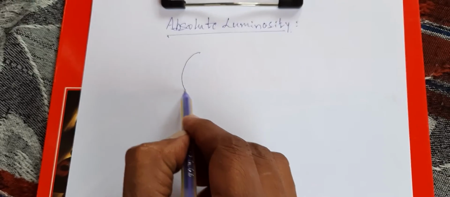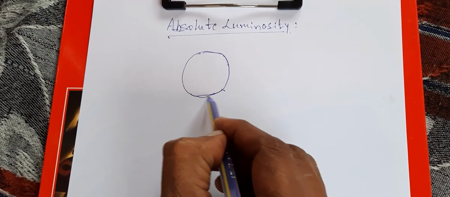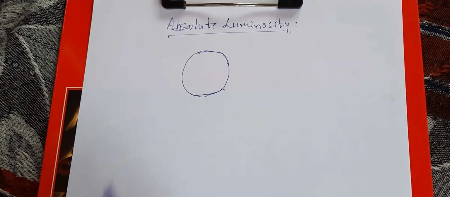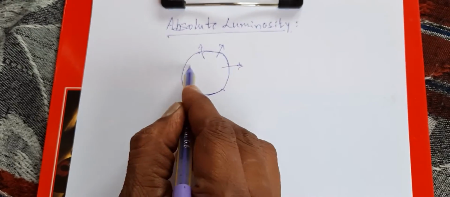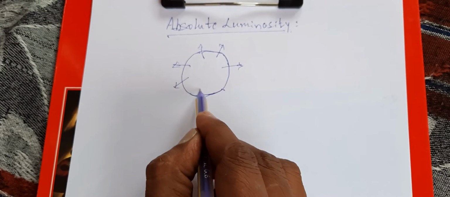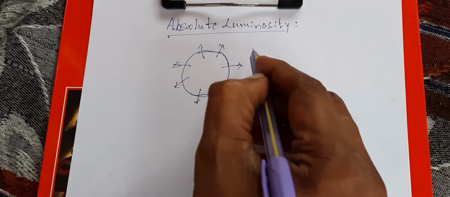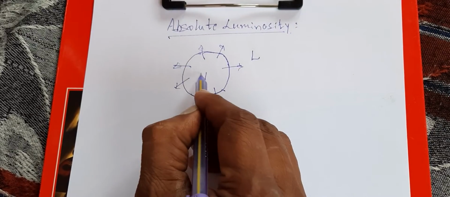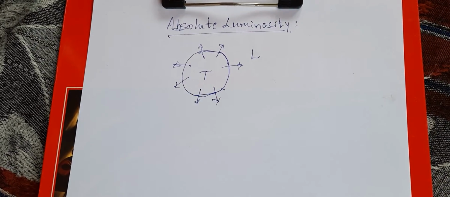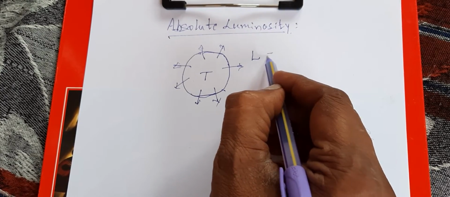Suppose you consider a star. Usually, it has a spherical surface. Now, the total amount of radiation that is emitted per second in all directions, that is called luminosity. How is it calculated? Suppose the temperature of this hot body is T. You can apply Stefan's law. So what does Stefan's law say?